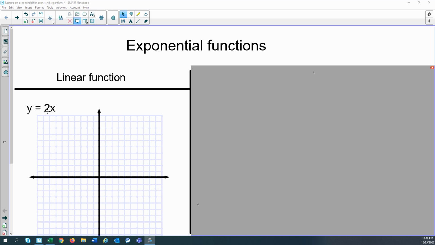We have y equals 2x. Our y has an exponent of 1, our x has an exponent of 1. They're isolated here, they're not being multiplied together. So we just have y equals 2x. We could add the plus 0 here to put it into slope-intercept form. So you could see the slope is 2 and the y-intercept is going to be at the point 0, 0, or the origin. But let's make a little table and graph this, and then we'll compare that to what an